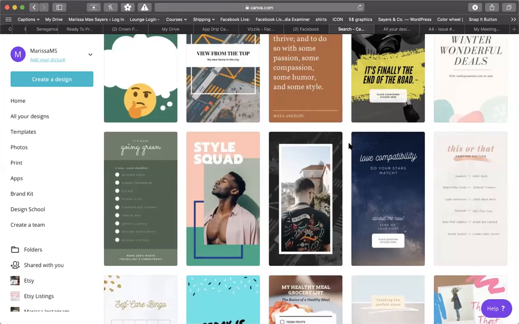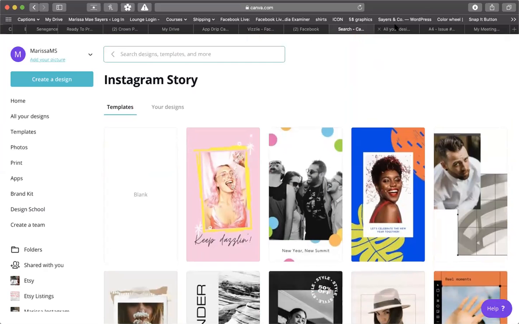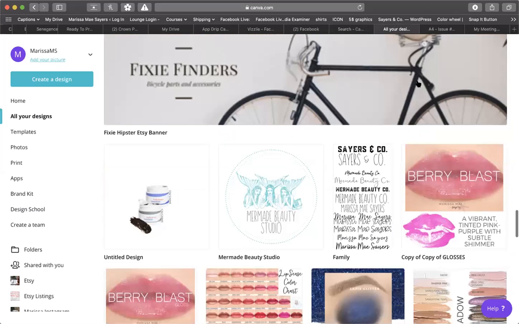So you can create graphics that are actually clickable. Now, obviously, those would only be clickable for somebody who is looking at them in a PDF format, but you could send them to your customers through your email if you have an email campaign. Now, another thing I wanted to show you is